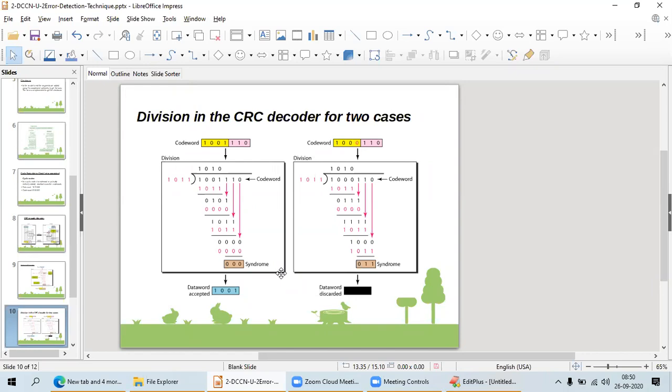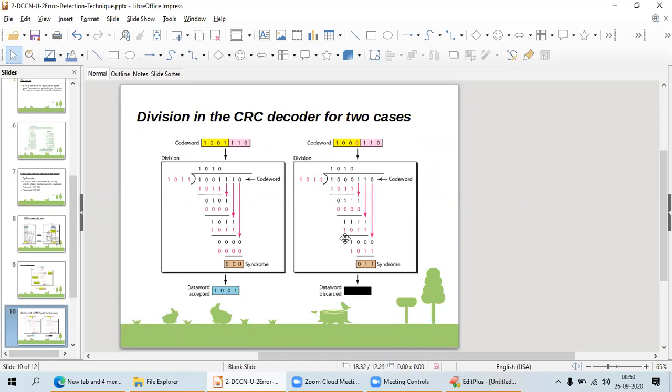In case of a wrong word, here you see I did 1000110. First I divided with 1011 and got 0111. After that with 0, I got all ones.